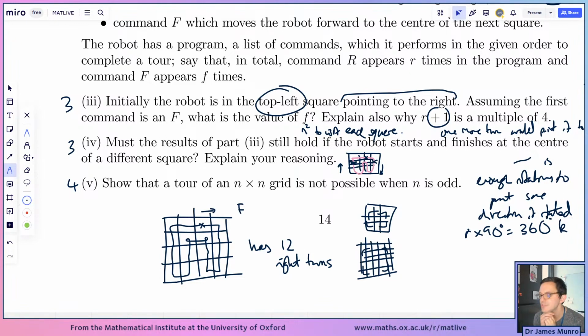Every time it steps, it'll explore a new square. If it does n squared forward moves, yeah, it feels plausible, then it'll have moved. Okay, so